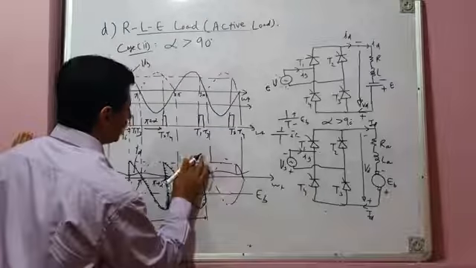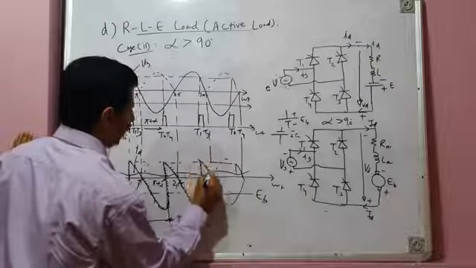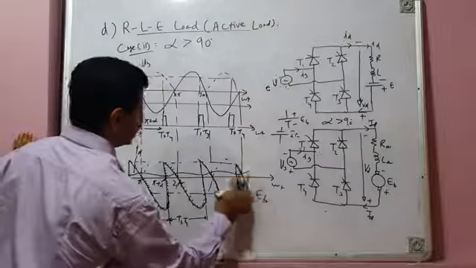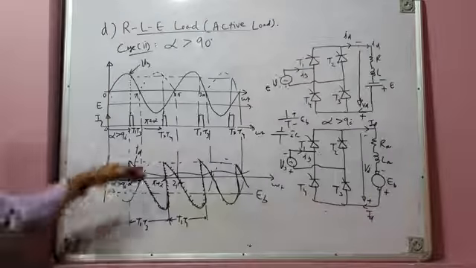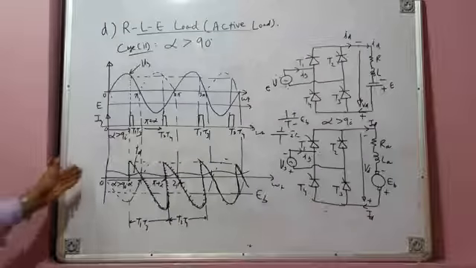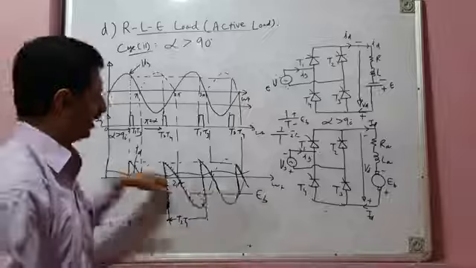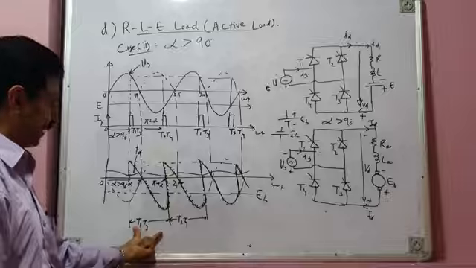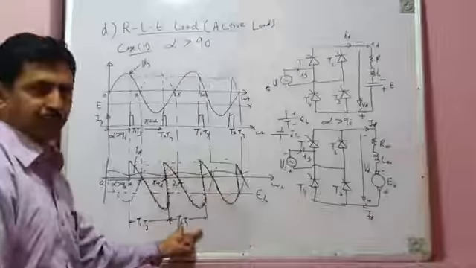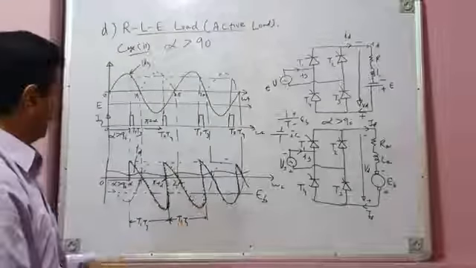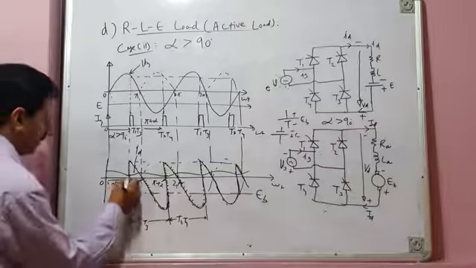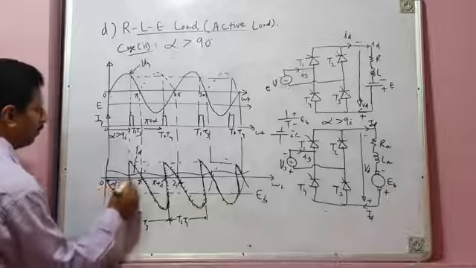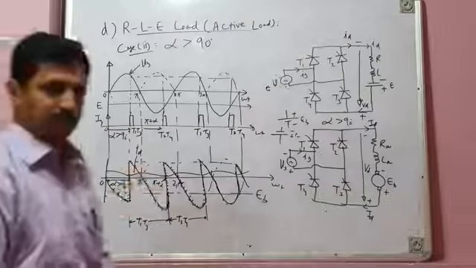And then again, a small positive segment of voltage and a large negative segment of voltage. So this is the nature of the load voltage waveform. Since we are assuming continuous conduction mode of operation, EB again does not show its presence in the load voltage, because you have only thyristor conduction intervals. Either T1, T3 is conducting or T2, T4 is conducting. Your load voltage is like this. So that means previously also your load voltage was negative, if you assume that previously also conduction was already taking place.